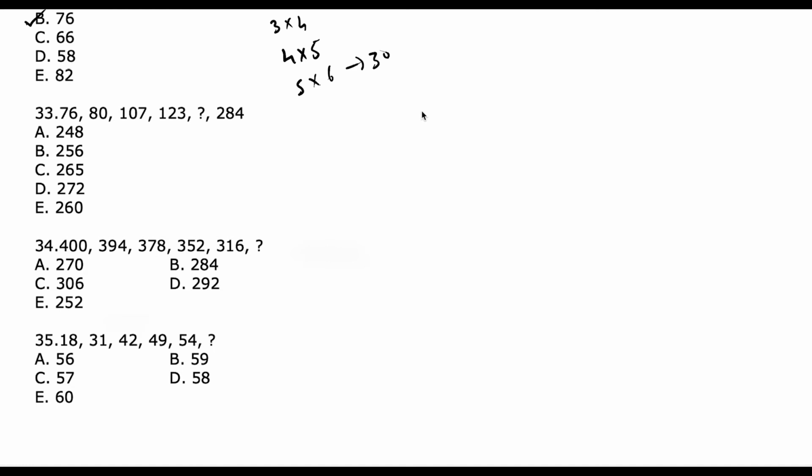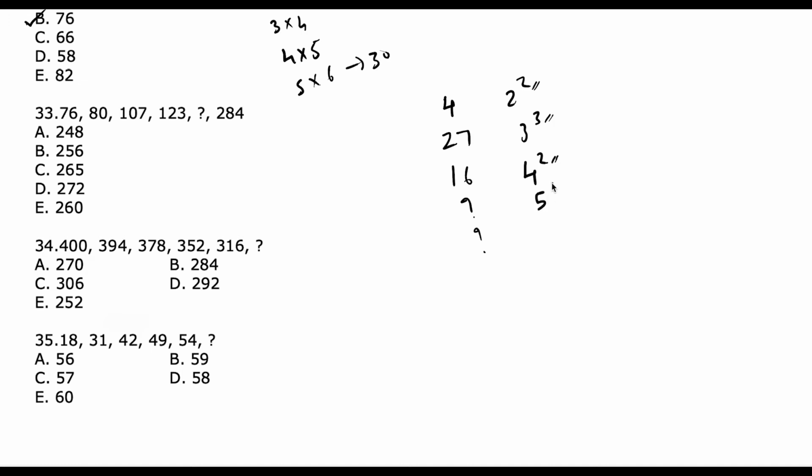It starts with 76 and goes on to 80. So there is a difference of 4. Next one has a difference of 27. Next it is 16 and the next one we don't know and the last one also we don't know. When I see this number I feel that there is something to do with squares or cubes. So 2 square is 4, 3 cube is 27, 16 is 4 square. So from whatever we have seen until now we can see 2, 3, 4. So the number is increasing. And for the first one we find the square, the second one we find the cube, the next one is square. So I hope that the next one is cube.